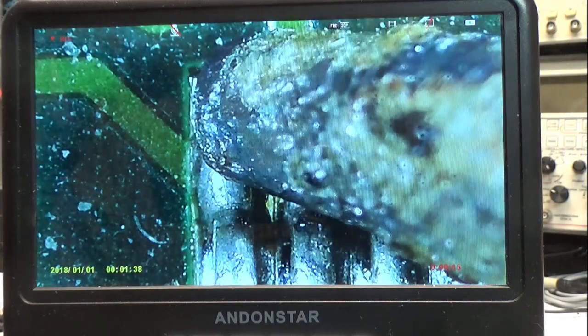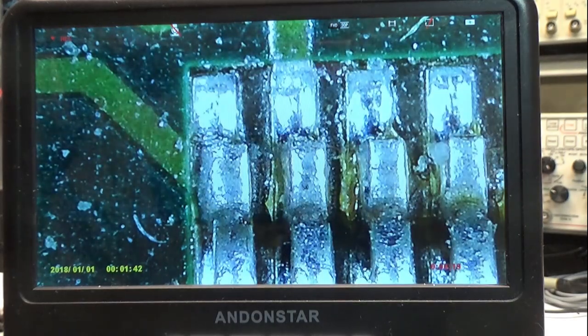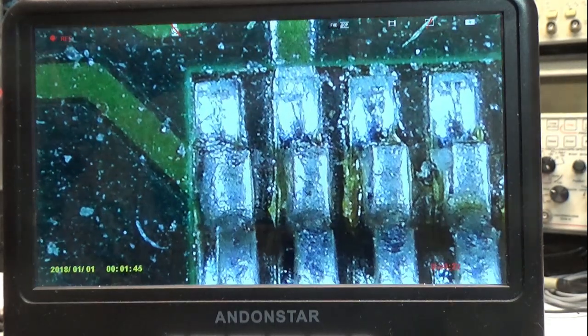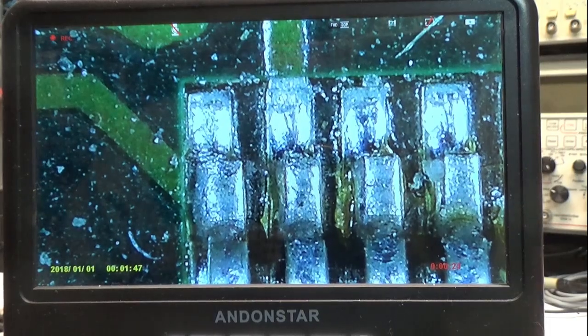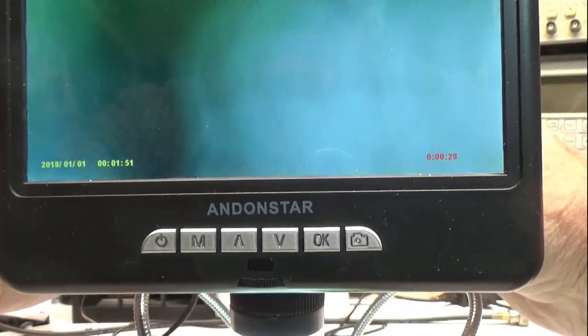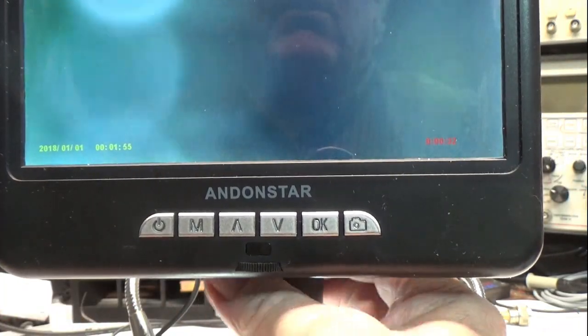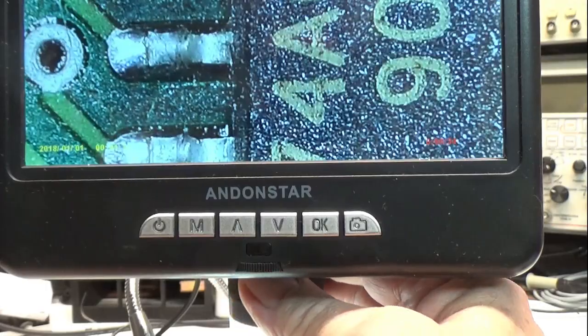There is room. Yeah, maybe if I had a smaller tip on here. I've got some of these little tiny itty-bitty tips. That might work. But you wouldn't use it like that anyway if you're soldering. You would be probably up about here for most of your soldering. And that would be...